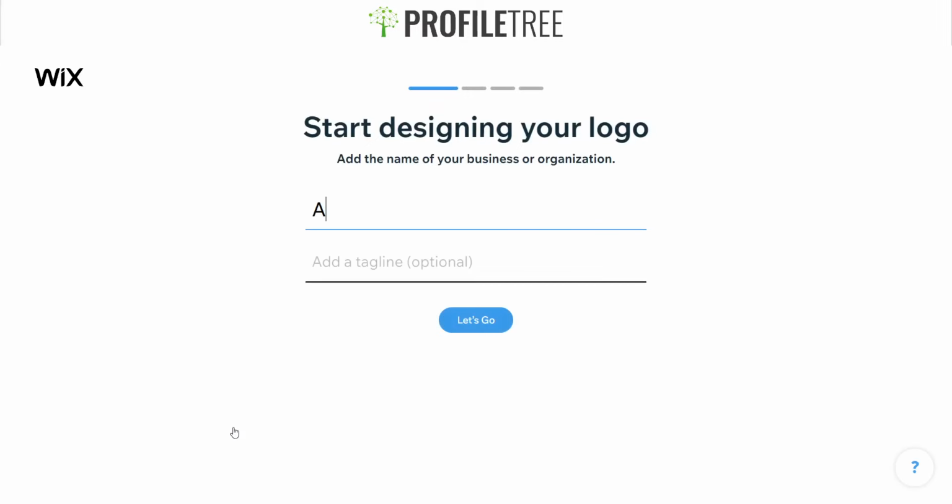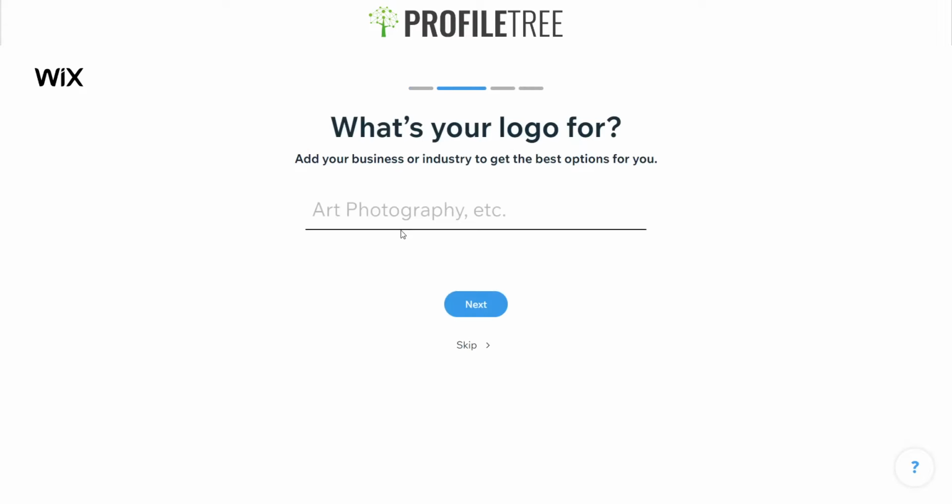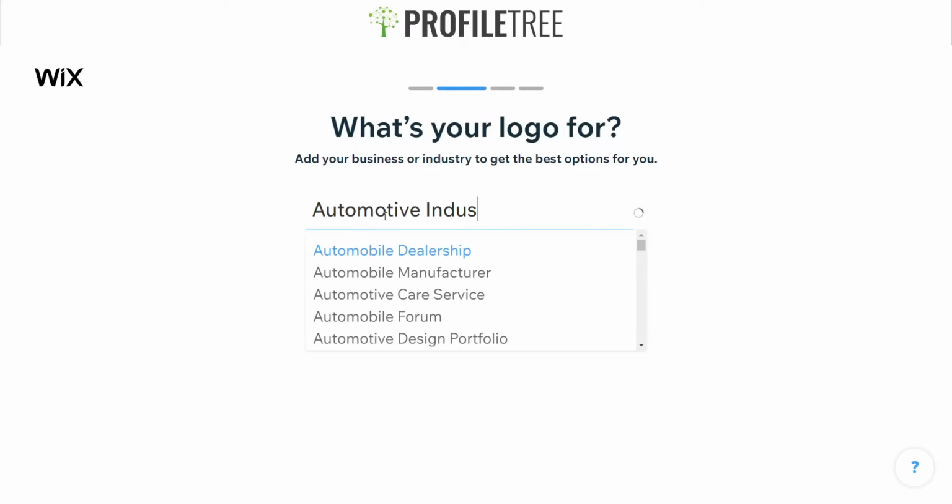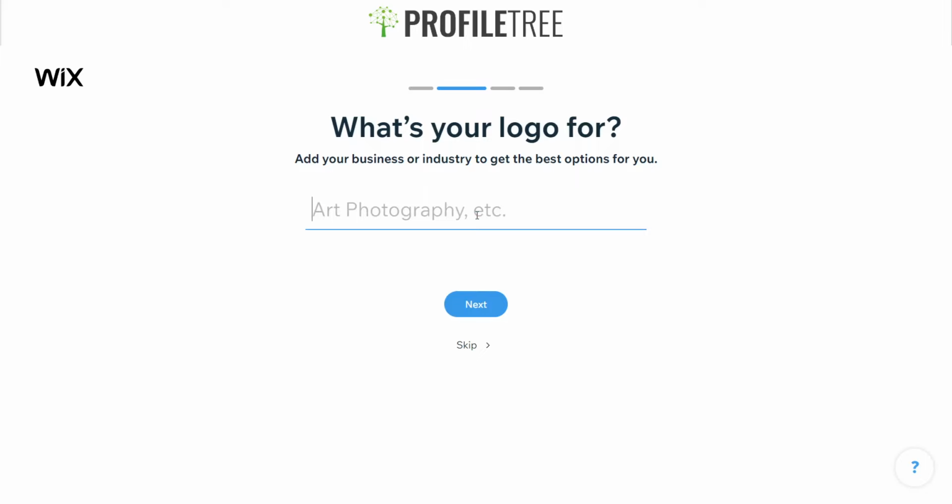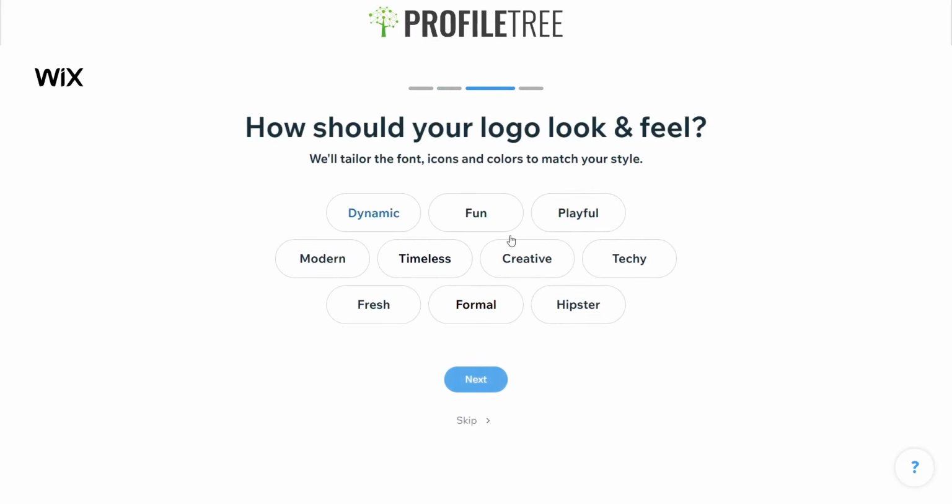And then you would add the name, so Auto Spares NI, and then you can add a tagline if you want to. So we'll go ahead. So what's your logo for? Automotive industry. Let's see. Car parts. There you go. So car parts, and then we would want it to be, let's say, modern, fresh, formal maybe,